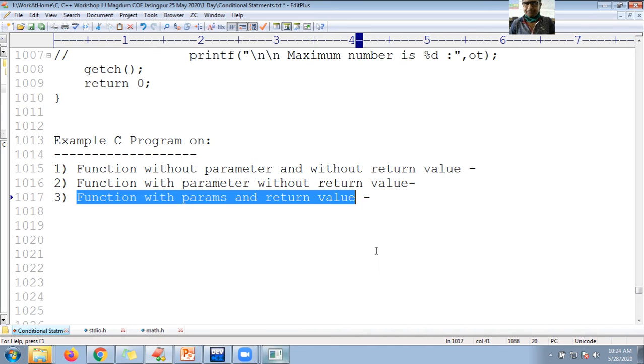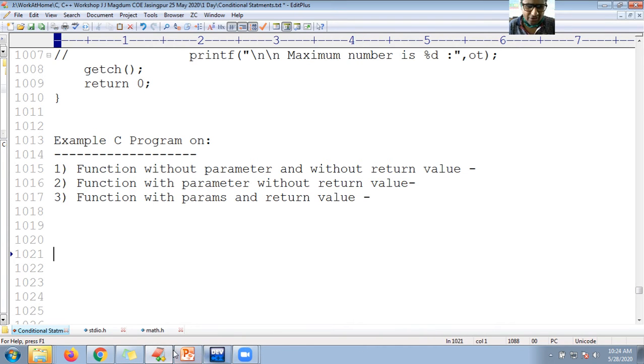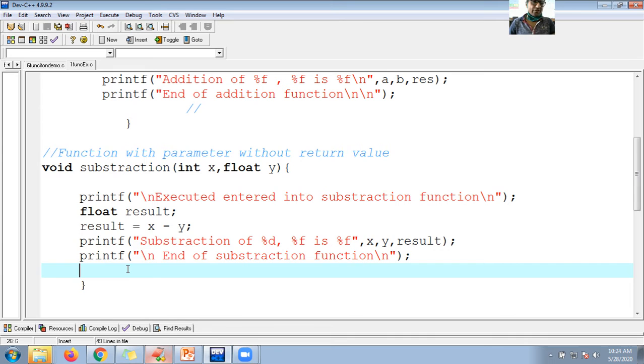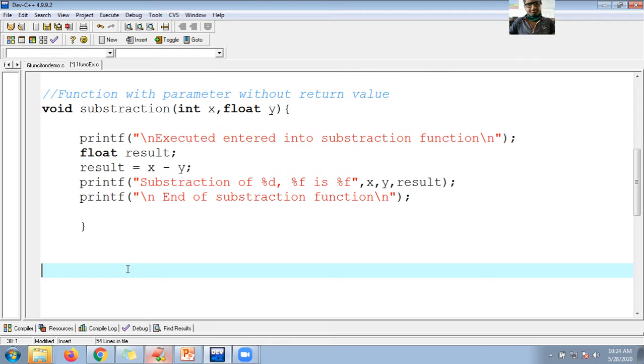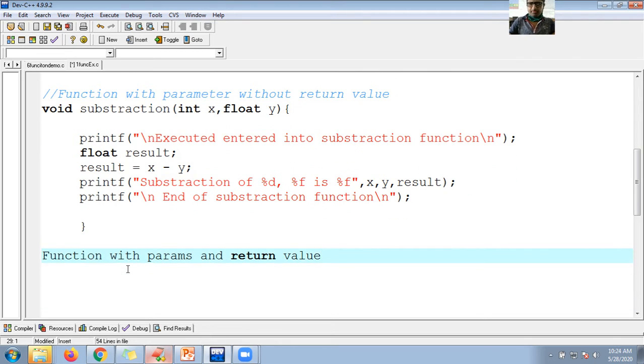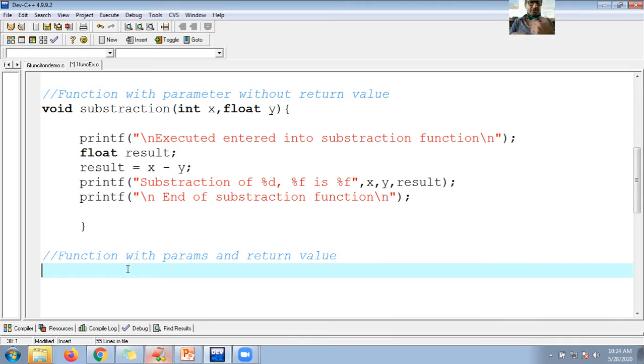Let me go for multiplication, and you can go for division also. Otherwise you can go in multiple ways. So let me create a function here with params and return value. So guys, not void, I want a return value, right?